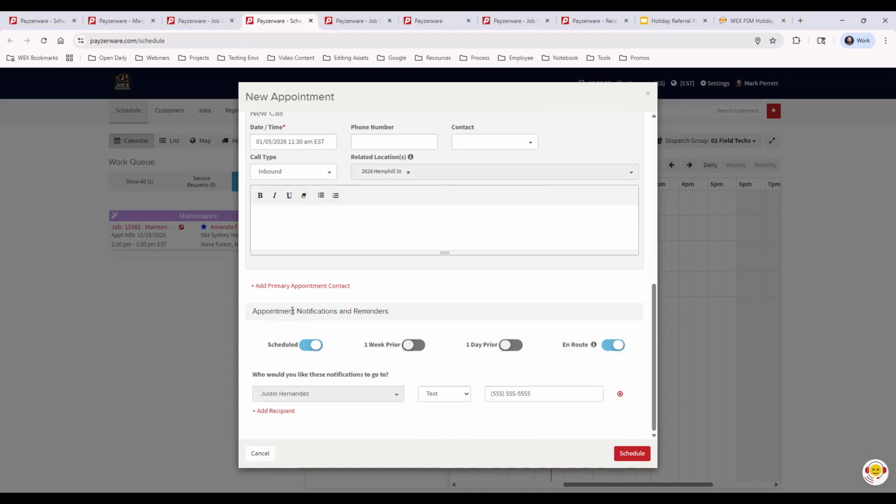And then we have appointment notifications and reminders. When scheduled is turned on, when I hit schedule, it's going to send an appointment confirmation to my customer, letting them know the appointment has been made. You can send reminders 1 week and 1 day prior. And an en route